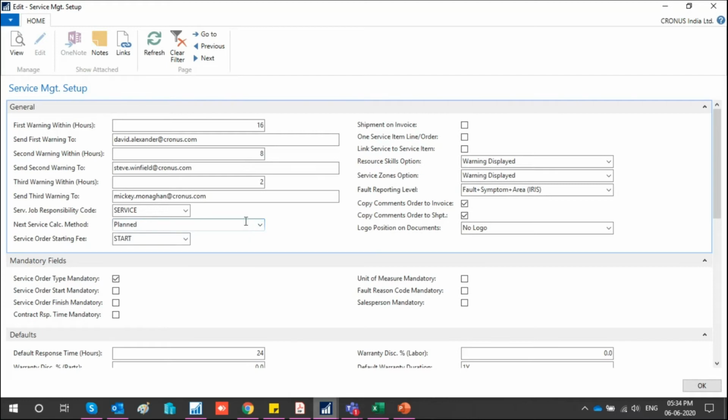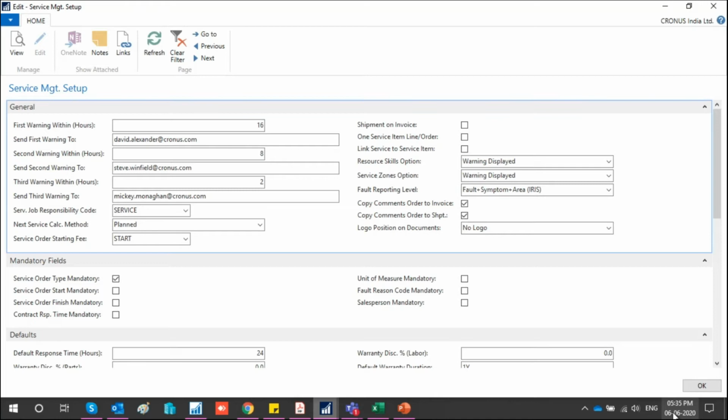Now suppose I have planned, today is 6/6, that the first service should be on the 6th of 6. Then automatically after 30 days, the next service will be on the 6th of the 7th month. This is what I have planned. If everything is going right, the first service is done on the 6th, and the second service is going to be on the 6th of the 7th month. That is fine. But what happens if today the serviceman doesn't show up, and hence the service is not done today? Instead it is done on the 8th of June.